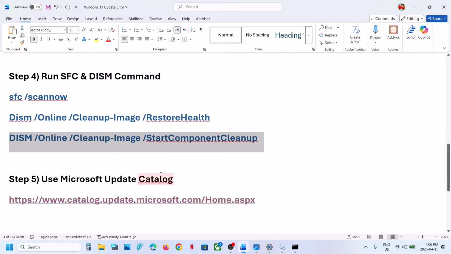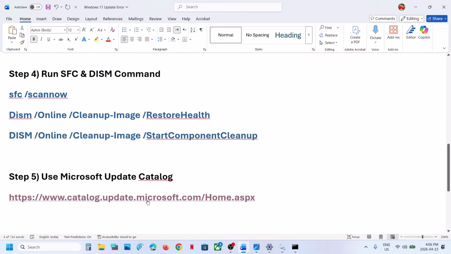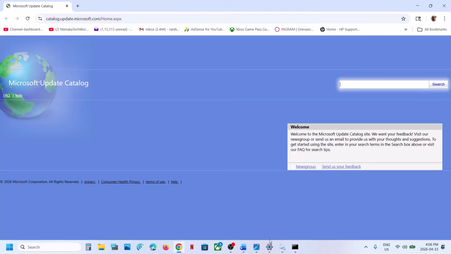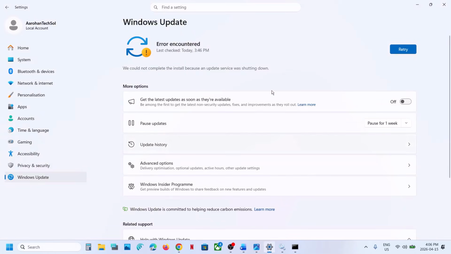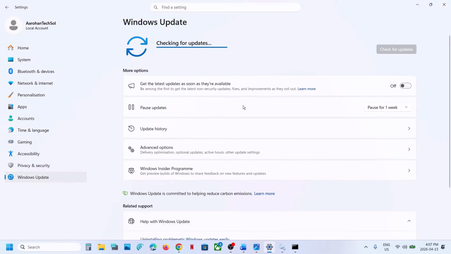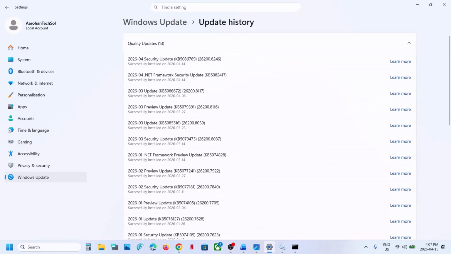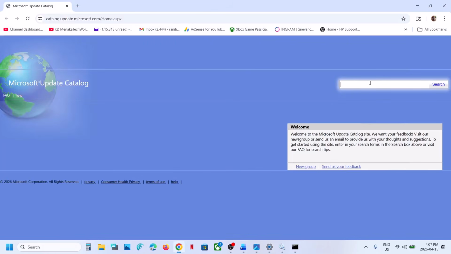Still not working, the next step is to use Microsoft Update Catalog. Open this link in a browser. It will take you to Microsoft website. On this website, you can write down the name of the update, that is KB5083769, or if you're receiving error with this update, you can write down the name of update. Over here in the search box, you can type in the name of the update, click on search,